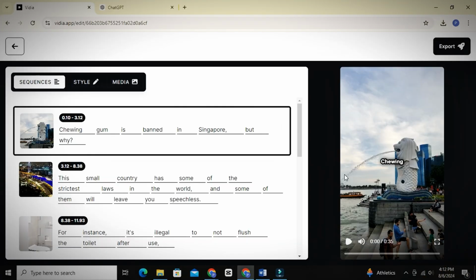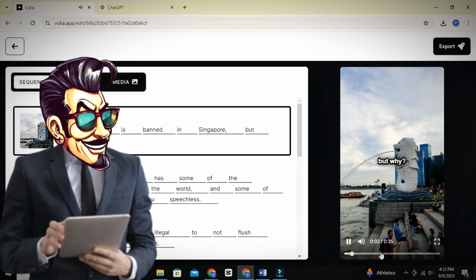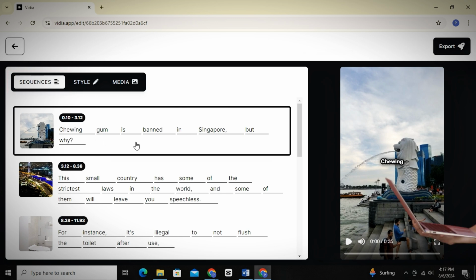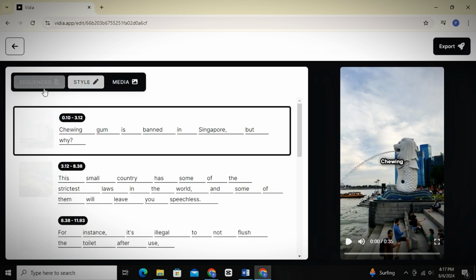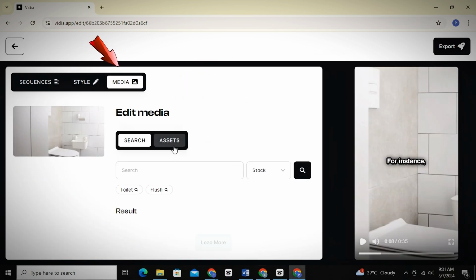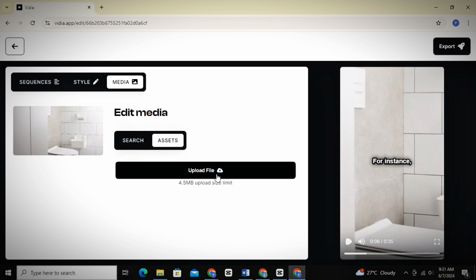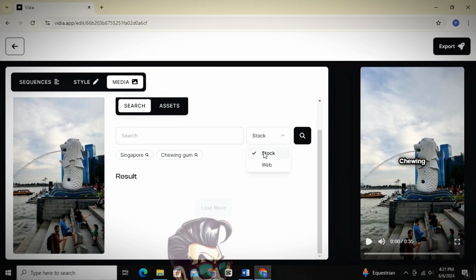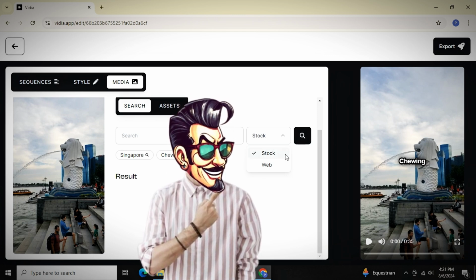Vidya has automatically done almost everything in the video that we need, but still you can fully edit the video as per your choice. First of all, from sequences, you can edit the captions, like if there is any spelling mistake, you can easily fix that. Then let's change the visuals of the overall video. Like to change our visual, simply click on that particular visual and then go to Media section. Then from assets, you can upload your own videos or images, even AI images that you made, but we will use Vidya's own features. From this section, you can select whether you want videos or images.